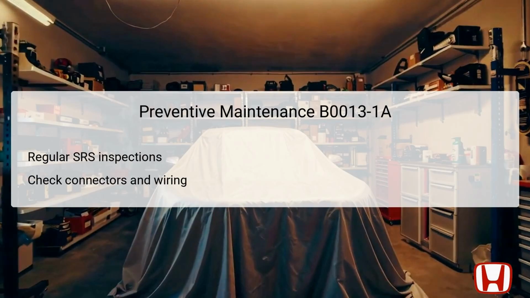Preventive maintenance for the airbag system, including components related to DTC B0013-1A, should be an integral part of routine vehicle care. Regular inspections of the Supplemental Restraint System, SRS, can help identify issues before they result in DTCs, ensuring the airbag functionality is maintained. It's also vital to frequently check the connectors and wiring associated with the knee airbag and SRS